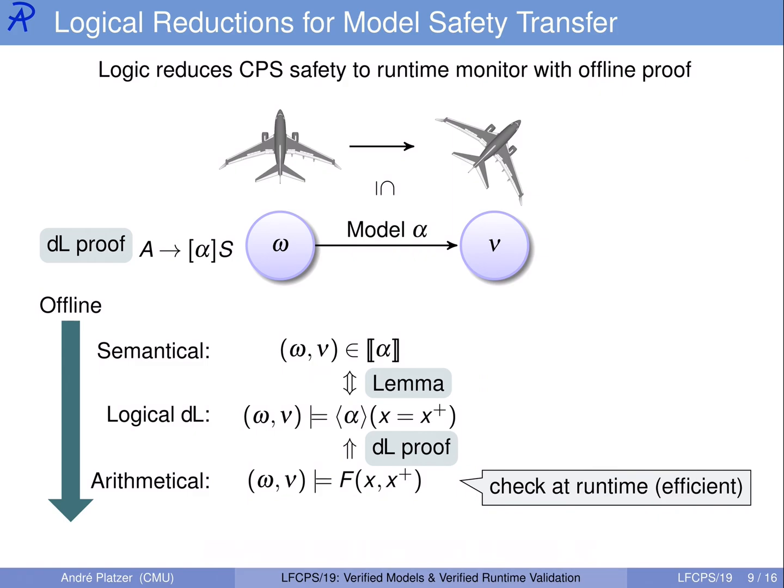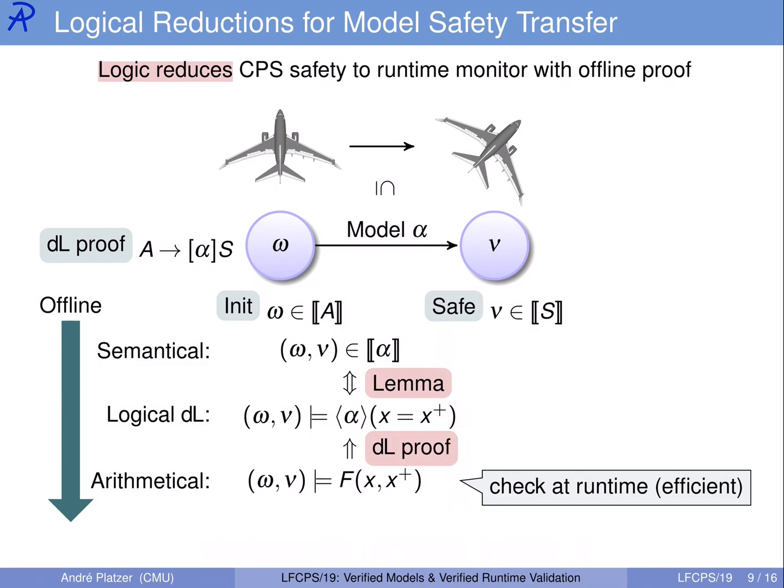If we start with a differential dynamic logic proof that if we start in A, then all the model behaviors are safe, then, well, what we do is think about the assumption in the initial state and just monitor it, right? Just run and check, did the initial state actually satisfy the initial conditions, A, right? And then we walk away with this conclusion that the real behavior of the system in the new state must be safe, because we started safe,